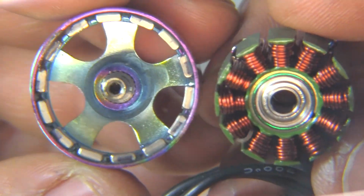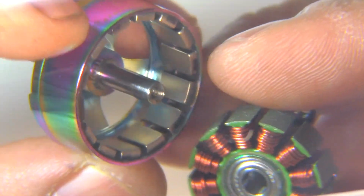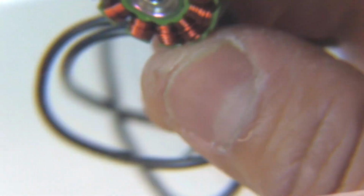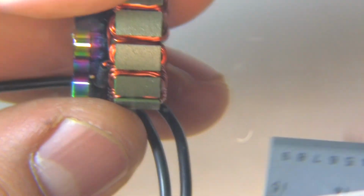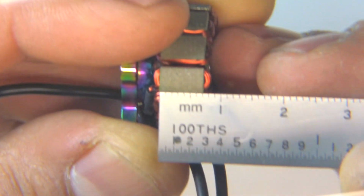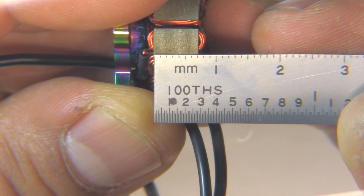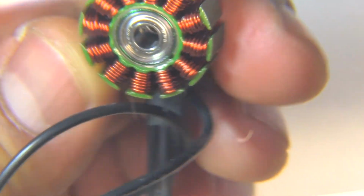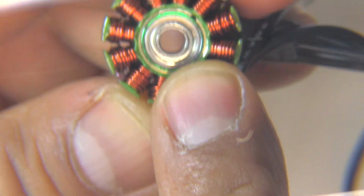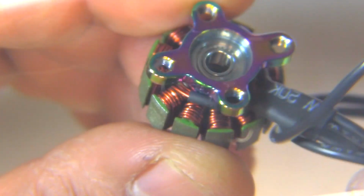Okay, and there's the 2207 taken apart. Taller stator and magnets. And here is the stator, so let's get a quick check on the stator height. So there it is. Yeah, pretty much 7 millimeters, just a tiny bit over 7, so 7 for practical purposes, so no surprises there. Same bearing,